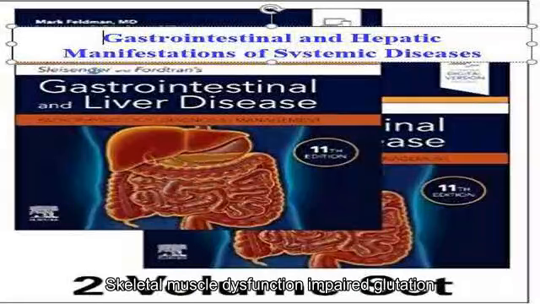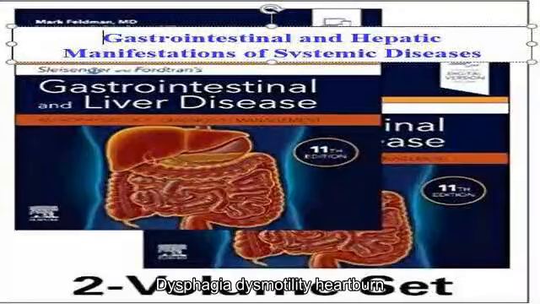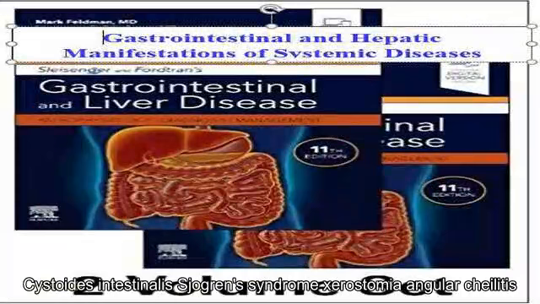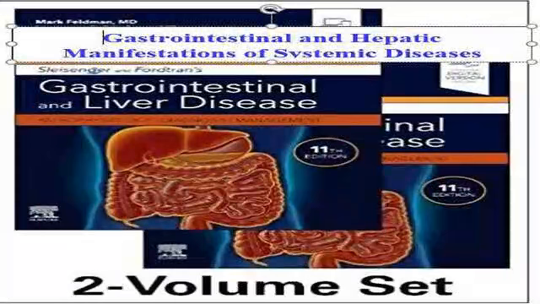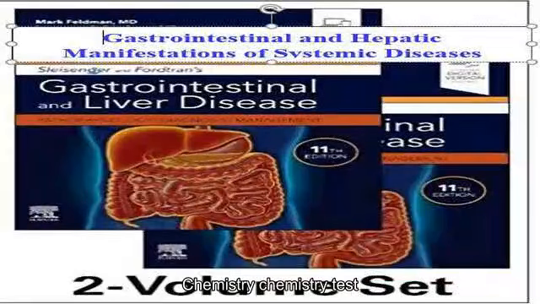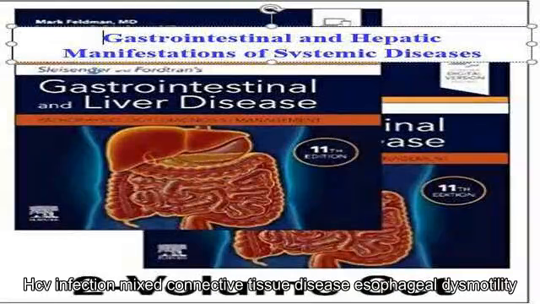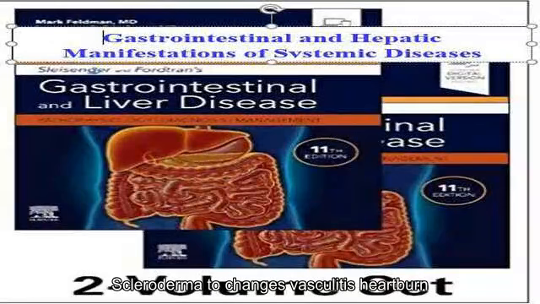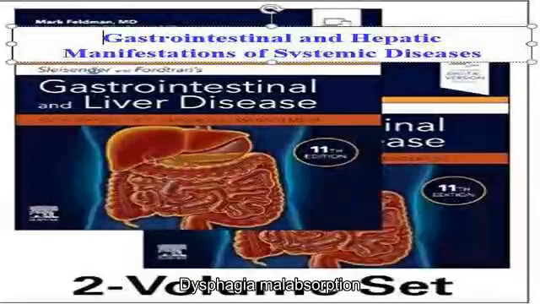Polymyositis/dermatomyositis: skeletal muscle dysfunction, impaired deglutition, tongue weakness, aspiration, dysphagia, dysmotility, heartburn, gastroparesis, pseudo-obstruction, pneumatosis cystoides intestinalis. Sjogren syndrome: xerostomia, angular cheilitis, tooth decay, oral candidiasis, hoarseness, esophageal dysmotility, dysphagia, pancreatic disease, pancreatitis, liver disease, abnormal liver chemistry tests, PBC, AIH, HCV infection. Mixed connective tissue disease: esophageal dysmotility, scleroderma-like changes, vasculitis, heartburn, dysphagia, malabsorption, PLGE, pseudo-obstruction,